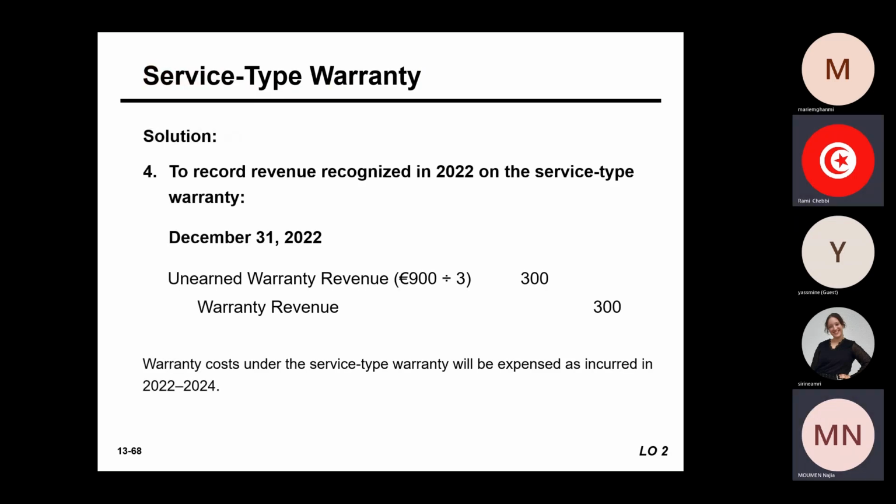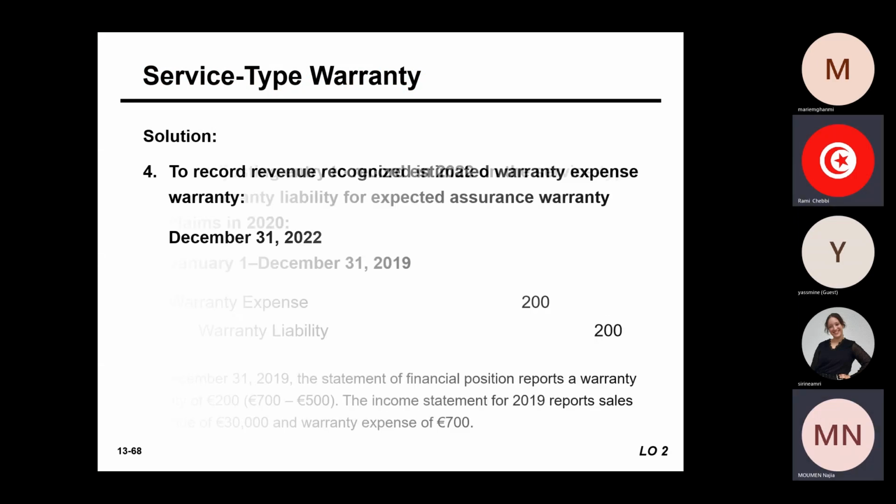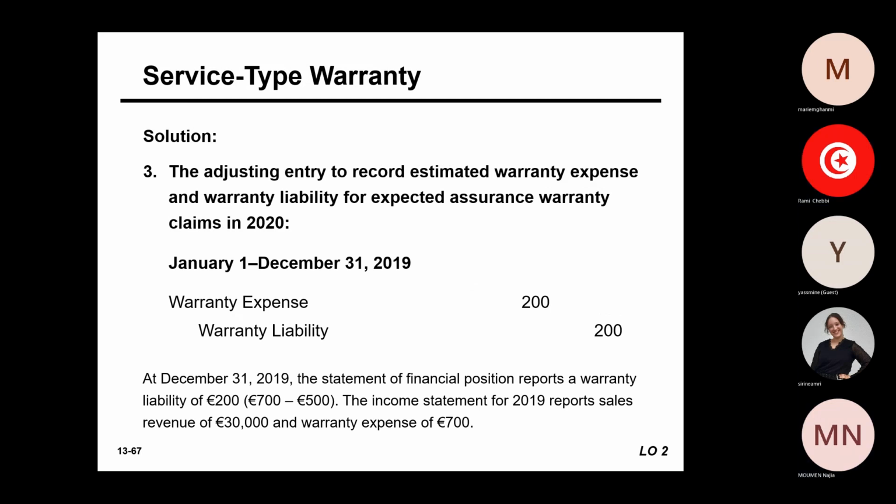Madam, yes. The remaining 200 from the first 700 will be recorded on the 31st of December 2020. Yeah, we will have it in 2020 as warranty liability, and then cash, inventory and accrued payroll, the remaining one. At December 31, 2019 we recognized that we have a remaining liability of 200. So here in 2020 normally it was incurred as cost.